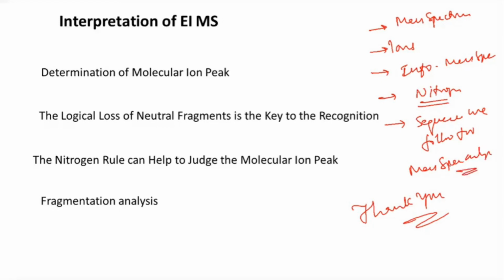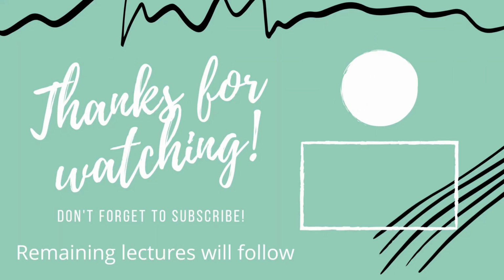In the next class, I'll explain how a mass spectrum, or from the molecular ion, the molecular weight as well as the molecular formula are obtained. From the molecular formula, how to obtain the chemistry of an organic compound will also be discussed in the next class.